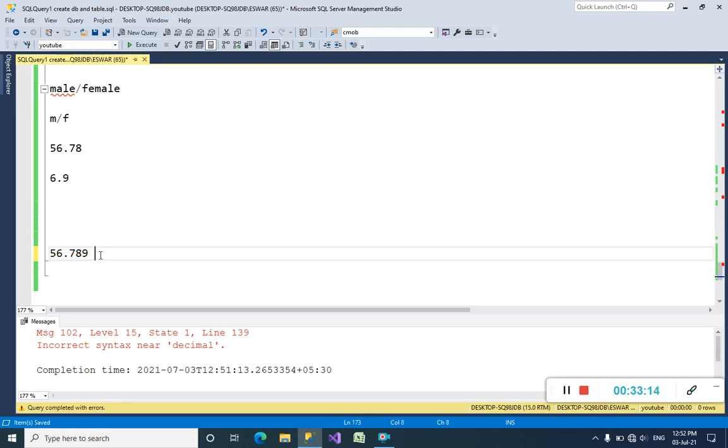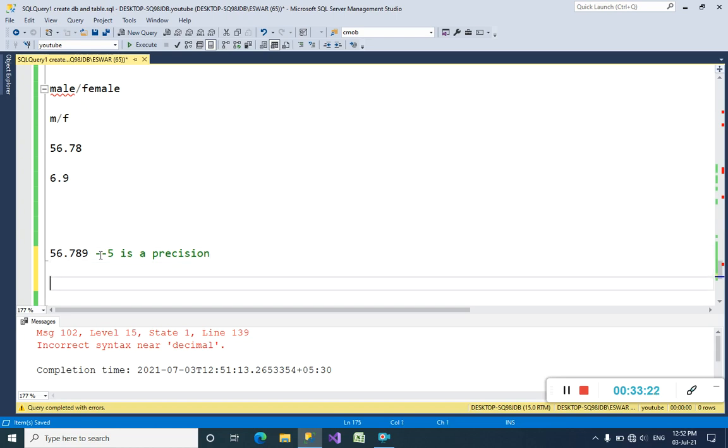How many digits are there? 5. So 5 is the precision. Here, how many digits are there after the decimal? 3. So 3 is the scale.